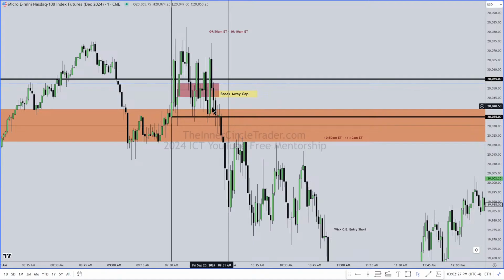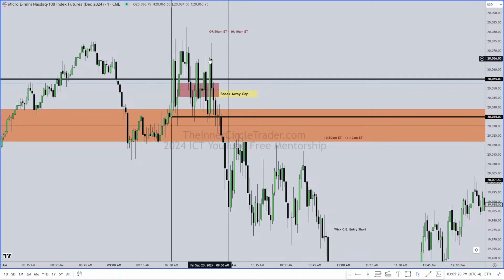Just like every down closed candle is not a bullish order block and every up candle is not a bearish order block. So in here, once we got to 950, that's this candlestick right there, 950. Now we're at the time. We're at the time when the market will do what? Spool.